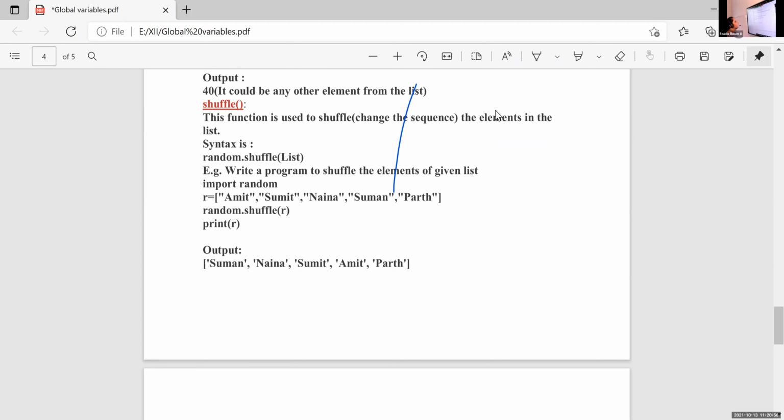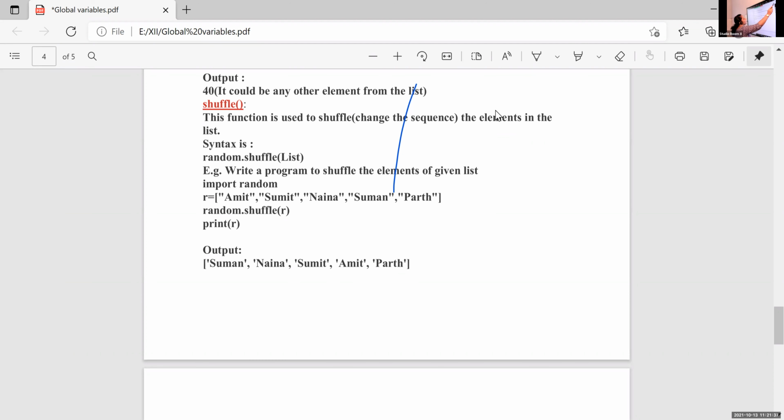What is the use of choice function? Achyut, what is the use of choice function? I don't know. Why? I just discussed it. What happened? I joined late. No, you were there at that time. What are you doing there? No, I was checking the text. Ah, you just close the textbook and listen here.